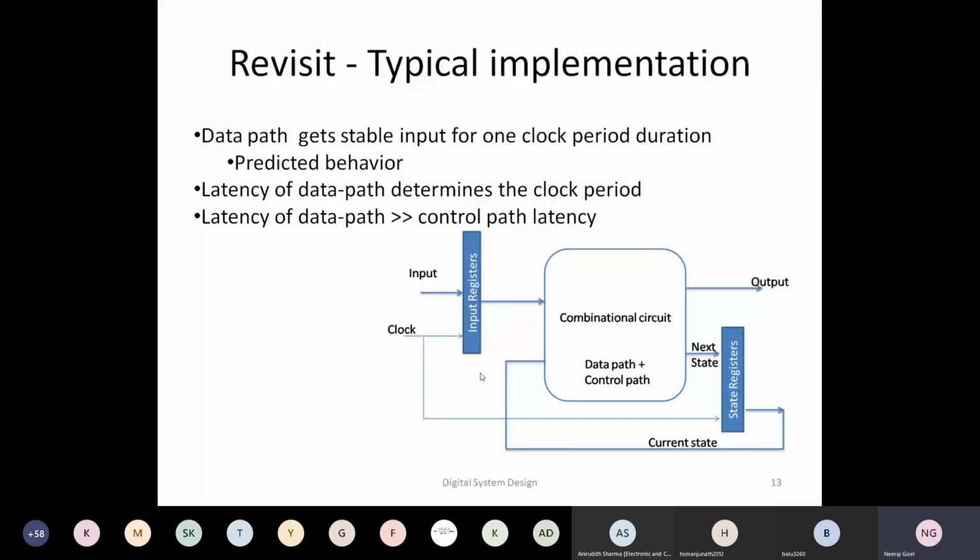So if I also clock my input, I also make sure that input will not change during one whole clock period. I can do that by putting a register and giving the same clock to the input register as well as my state register. So if my input doesn't change for one clock period, my state doesn't change for one clock period. So I get a definitive, very predictable time in which I have to make my output stable.